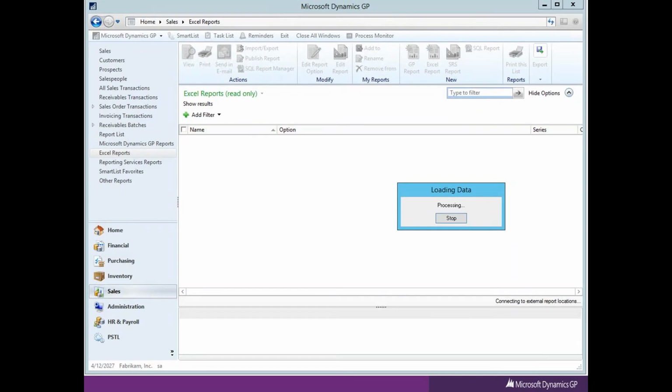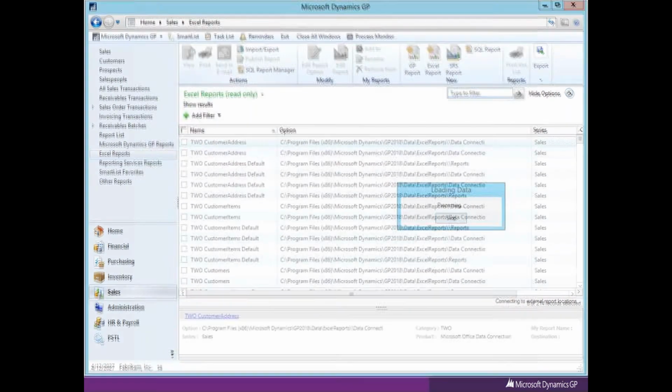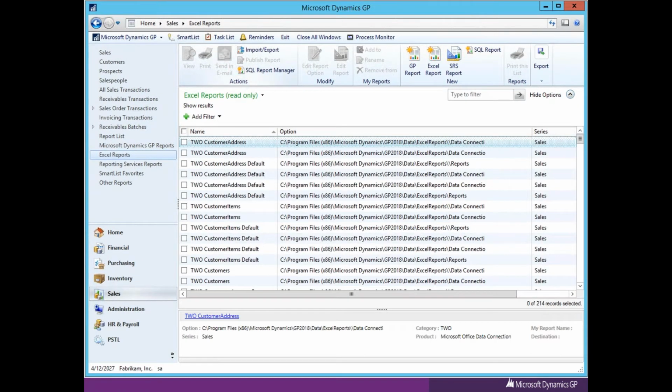The Excel refreshable reports. This is not only a very handy tool for those of us that are inside the GP user community and we're in GP all day long, but we've taken all of the old report writer reports and created an Excel-based version of that report. So in the case of my sales folders, I have